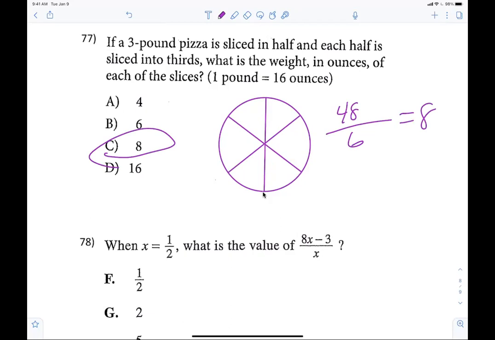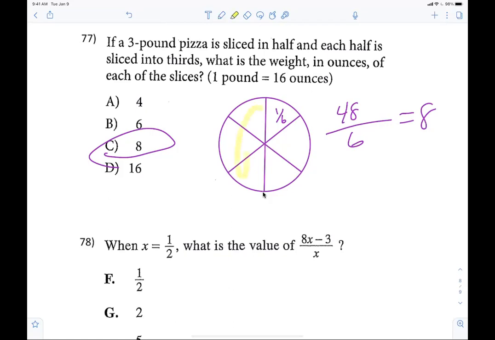Oh, I got 8, but I just don't think I got it in the right way. Well, now you do. You see it, right? That's how you're supposed to think about it. So you slice each one in thirds? Sixes. This is 1/6 of the pizza. I was saying you split each half into thirds, because it says that you cut it. Right. You split each half into thirds.